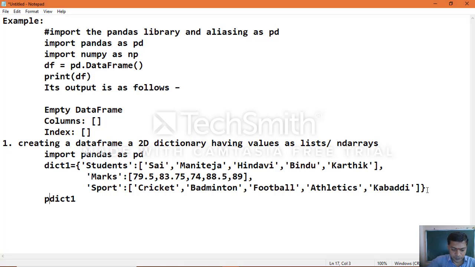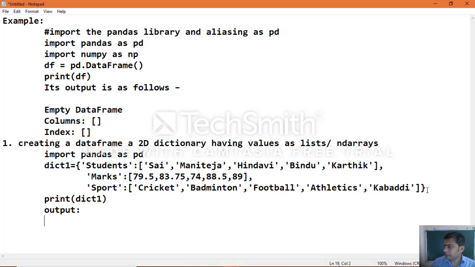Now the moment you print the dictionary, print of dictionary 1, you will see the output such that first marks will be displayed, because of the ordered collection of columns.